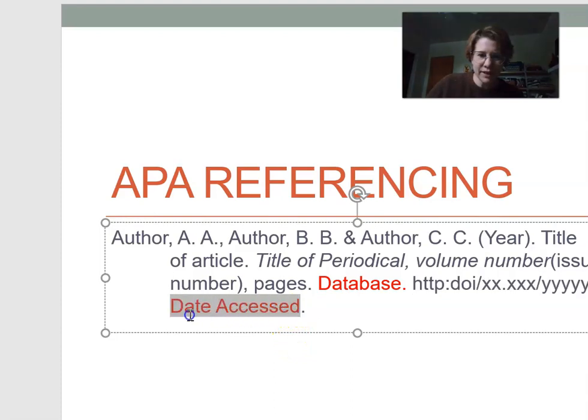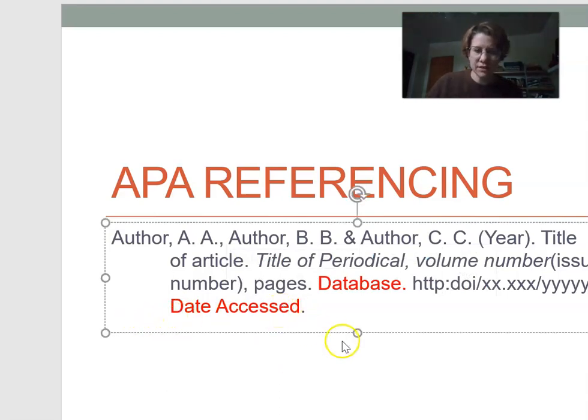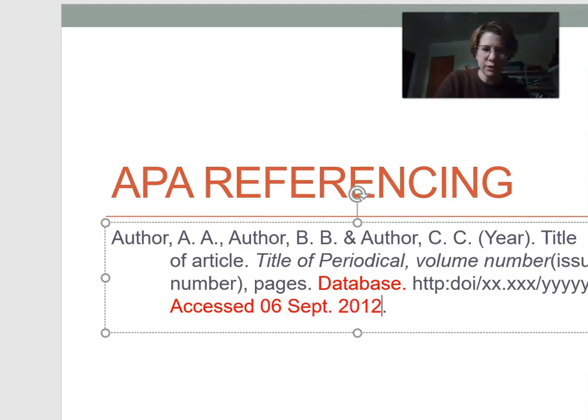And then I'm also asking you to add the date accessed. Again, some professors don't need you to include this information, so you might see the date not included. When you're writing in your date, you can just say accessed, and then it'll be the day that you looked up that article. So, if it's today, it's September 6, 2021. You would include that information for this assignment. Again, in your other classes, they may not want you to include that information. So let's take a look at